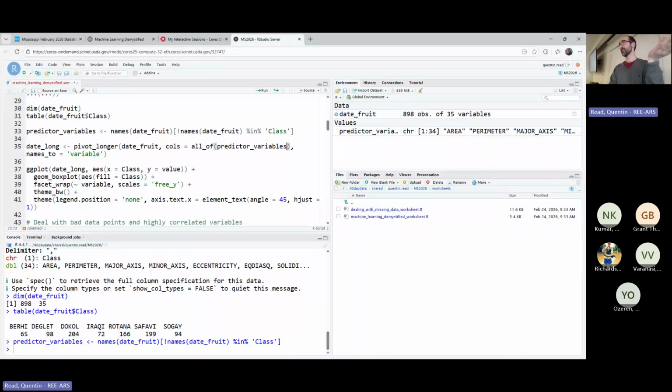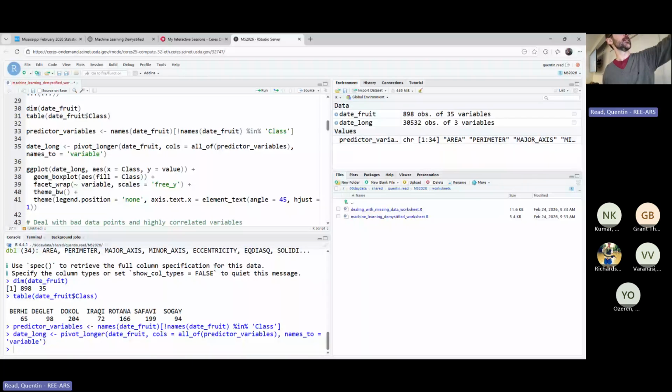Again, this is sort of tidyverse code, which is not the learning objective of today to learn how to use that. You'll just have to take my word for it that we're making long form data here. Control Enter on that to run that and create a data set called data_long. You can see in your data tab up there, it has 30,000 rows and 3 columns. Like I said, and then execute the next, put your cursor somewhere in line 37 and hit Control Enter